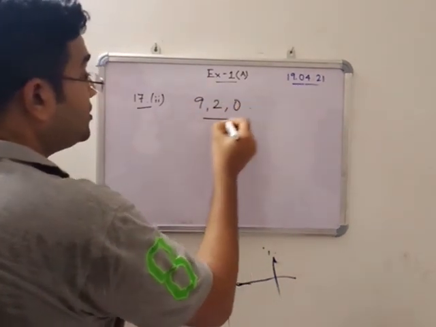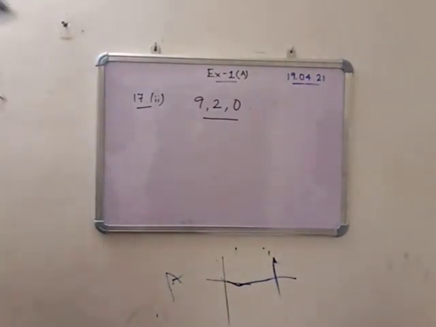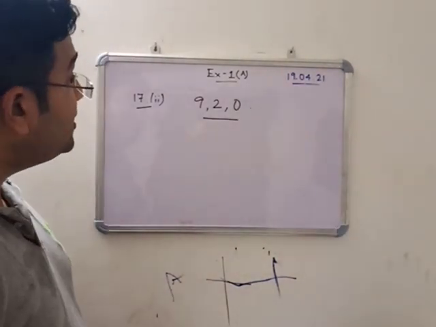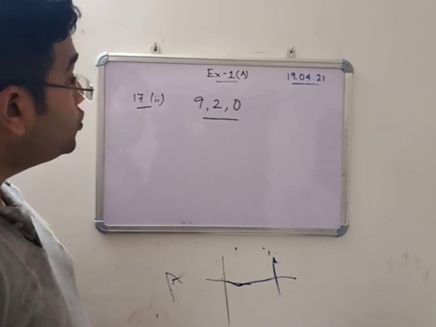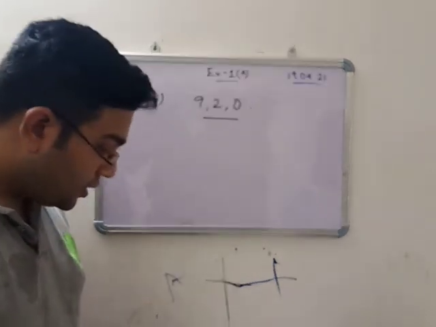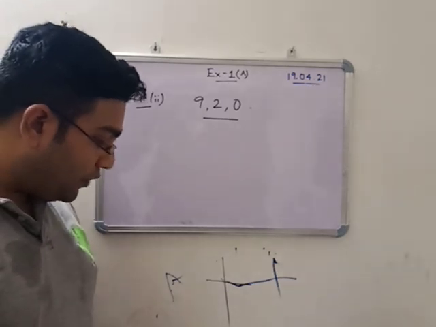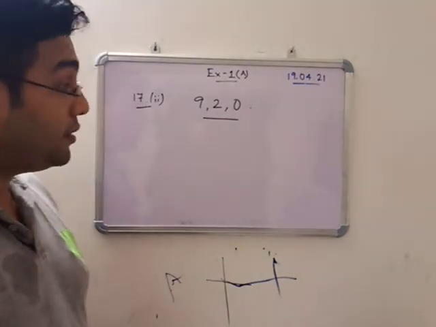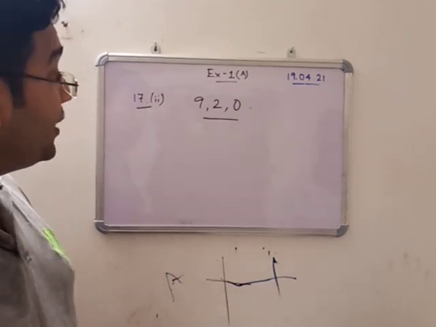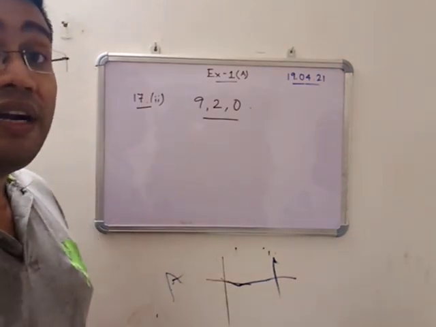Very important part this also. So you have to form the number with 3 digits. This is 920. Using each digit only once in each number. You cannot repeat the number. You can use one digit only one time.